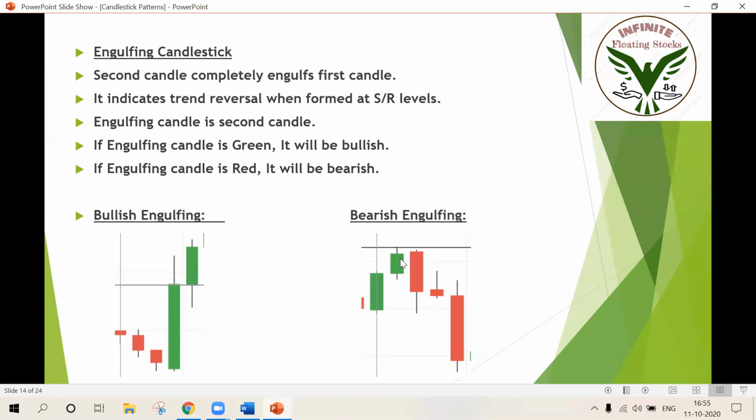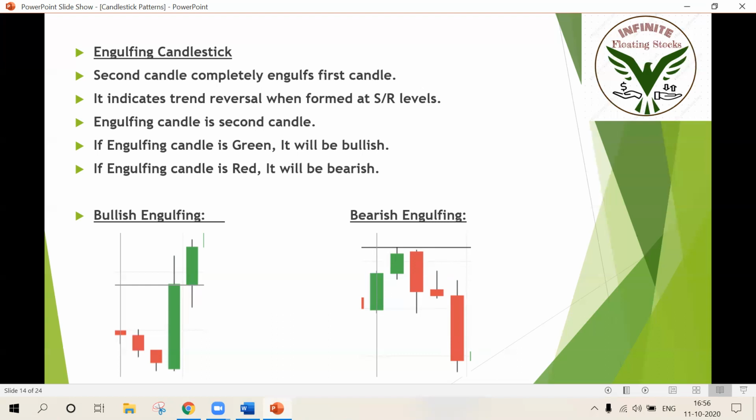In a bearish engulfing scenario, more sellers come to the market and push the price downward. So this is the engulfing candle here, and it engulfed the previous green candle. It completely ate the previous green candle. So this is the engulfing candle, and this is the resistance zone. After seeing this candlestick pattern, it acts as an additional confirmation, and you can make a sell position immediately and book your profits. That's how you should be trading on candlestick patterns.